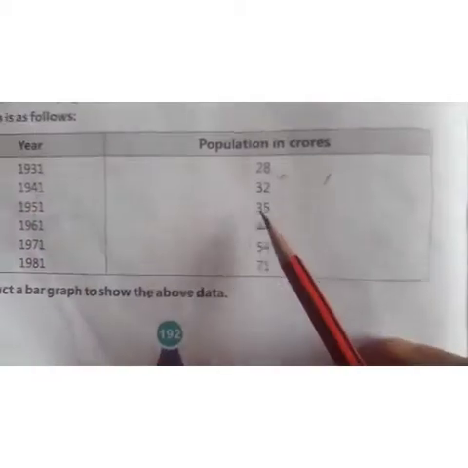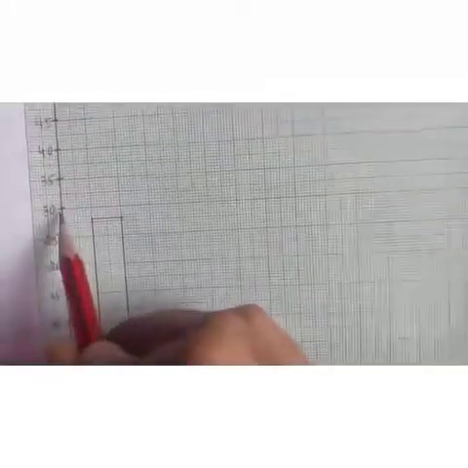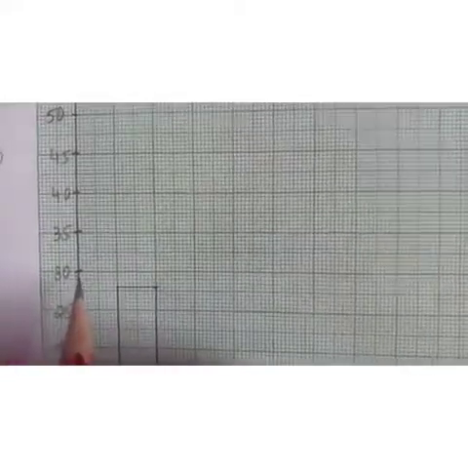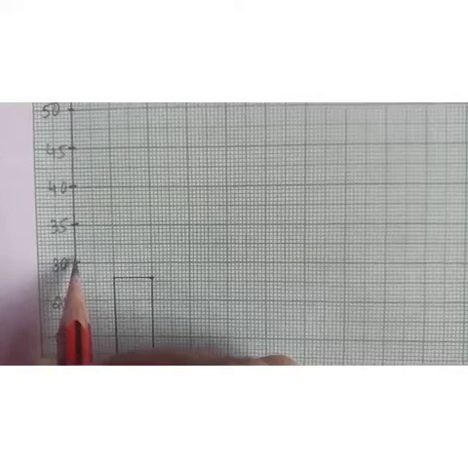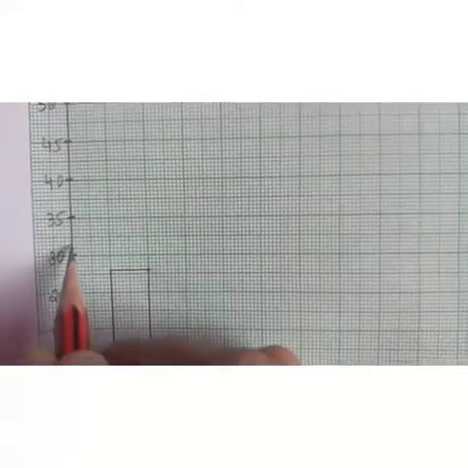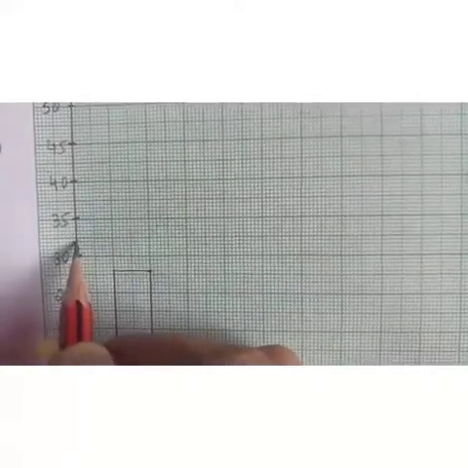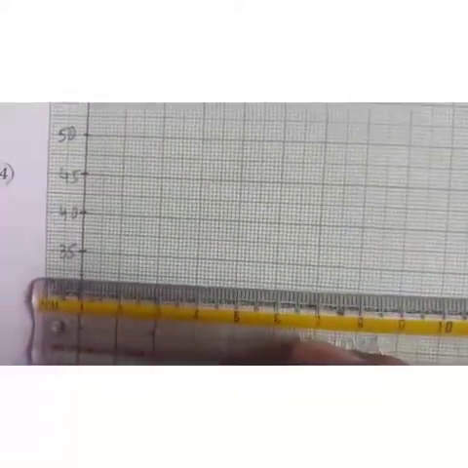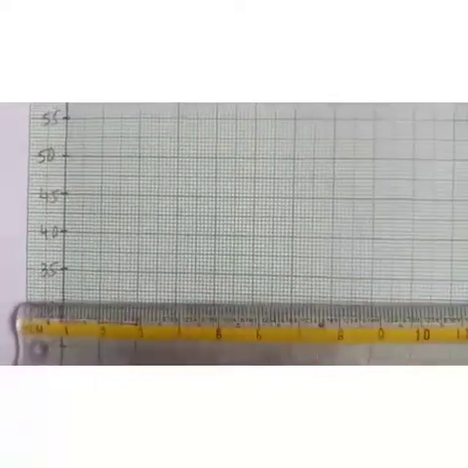Next we have in 1941 we have 32. So children, again the same procedure you have to follow. Here we have 30. Next, how will you plot? 1, 2, 31, 1, 2, 32. You got 32 now, isn't it? Now what you do? Use your scale and plot the point.